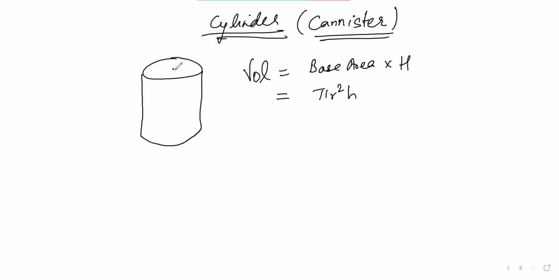This is your height, from here to here. So that's it, that's your height. Surface area. So we are discussing the total surface area, right? Total surface area includes the two bases, so 2 times pi r square, correct? And